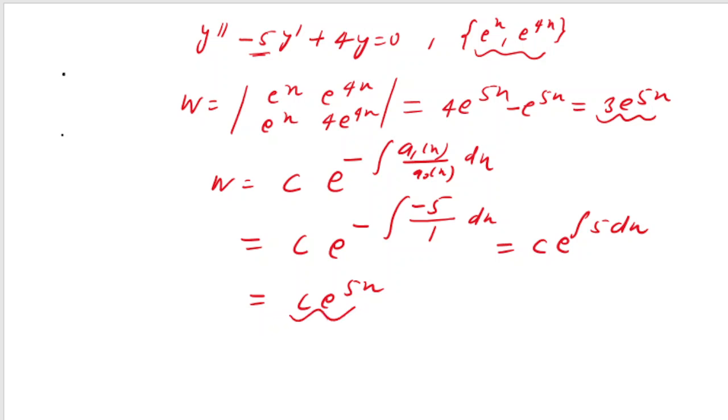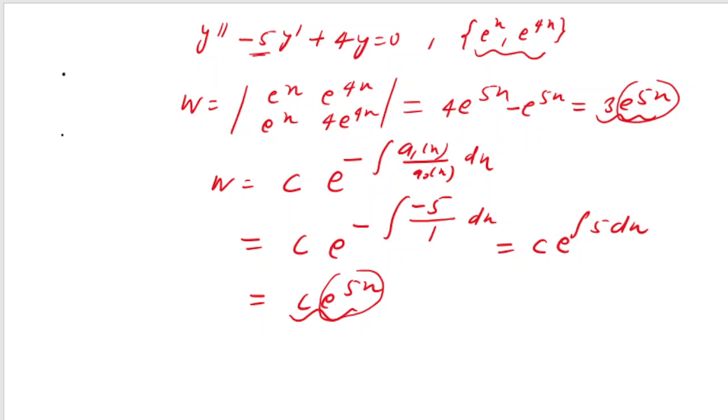So again, did you notice that we are getting the same kind of function? Here I was getting e to the power 5x, and here also I am getting e to the power 5x, but here we are getting the constant c, and there we got the actual value. So Abel's formula gives us a kind of nature of the function. It does not actually provide me the Wronskian value, but in case they ask some questions related to this,